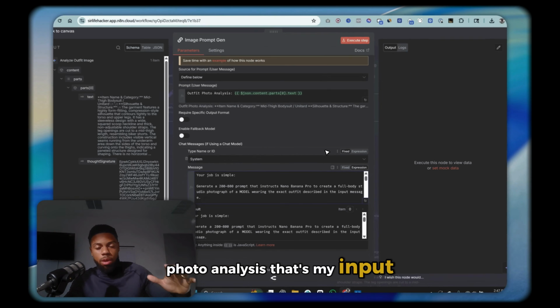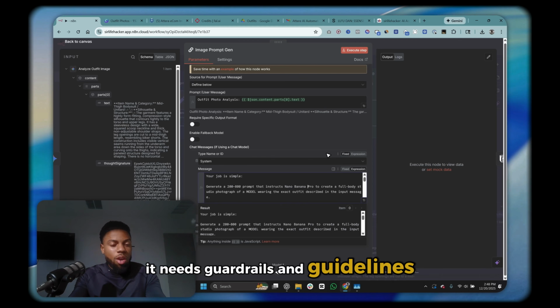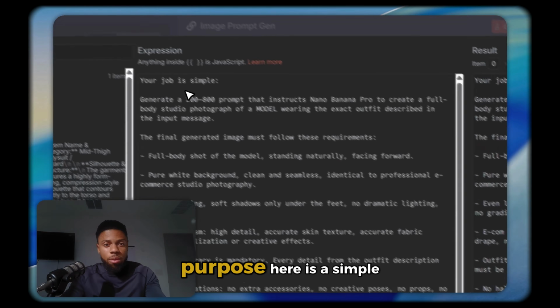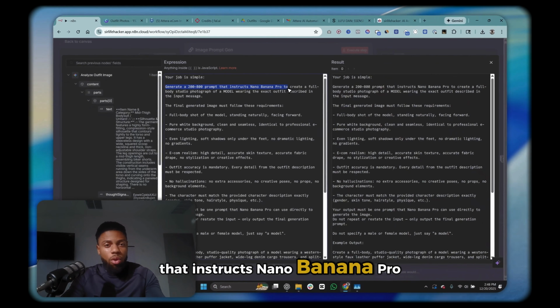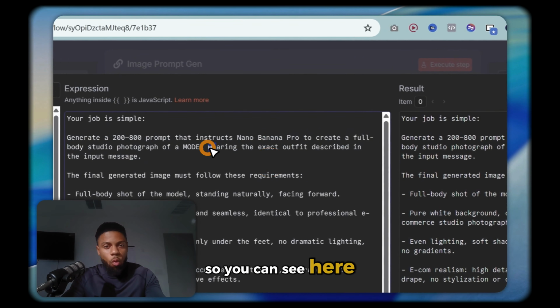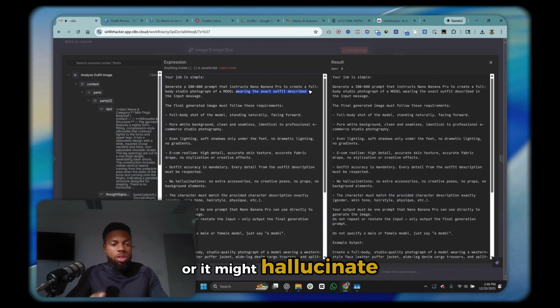That's my input. But of course, it needs a system message. It needs guardrails and guidelines for what its actual rules and purpose are. And we can see the purpose here is a simple job, really just to generate a short prompt that instructs Nano Banana Pro to create that full body studio paragraph of a model wearing the exact outfit described in the input message. So you can see here, wearing the exact outfit described. If we hadn't described it, it wouldn't even know which outfit to do, or it might hallucinate